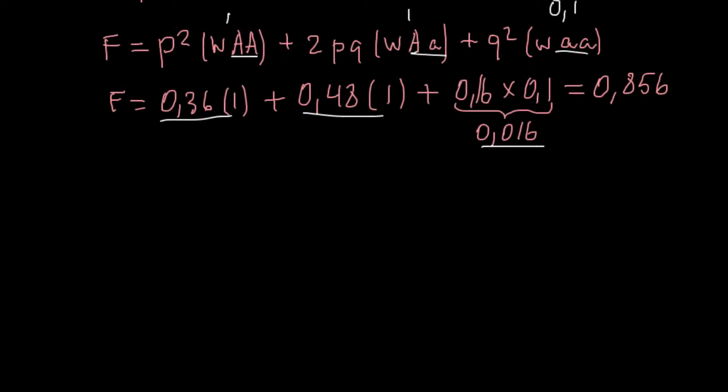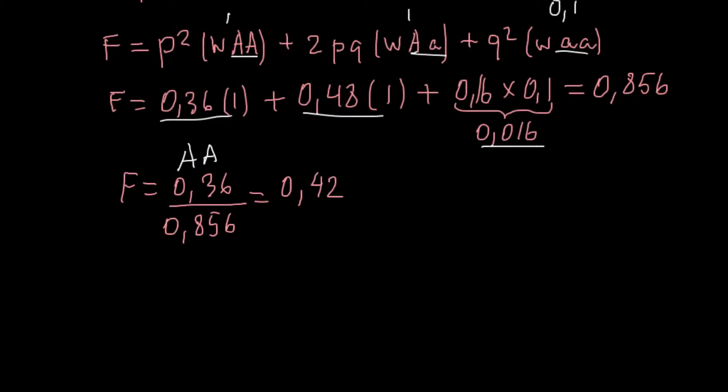So here frequency once again would equal, for the homozygous dominant genotype, we have to divide 0.36 by 0.856, and the new frequency is going to be